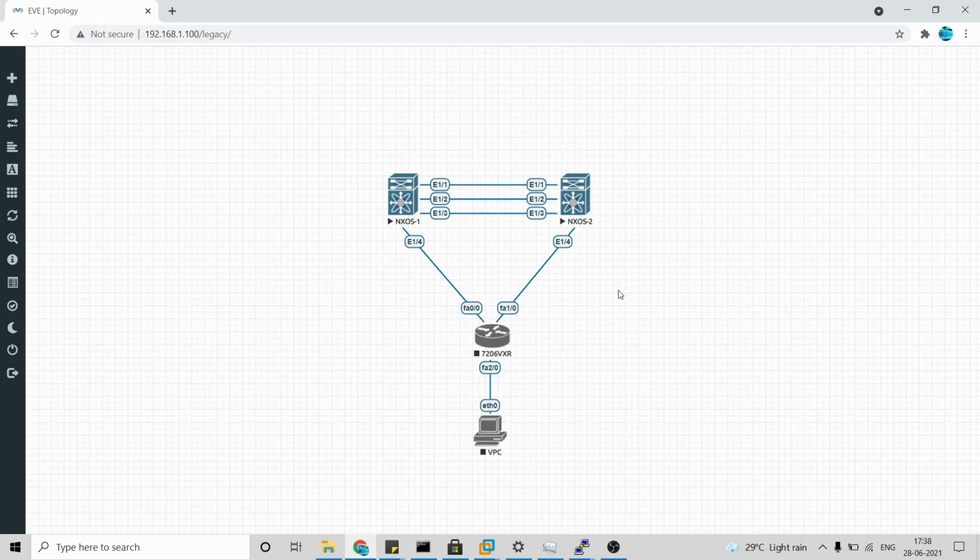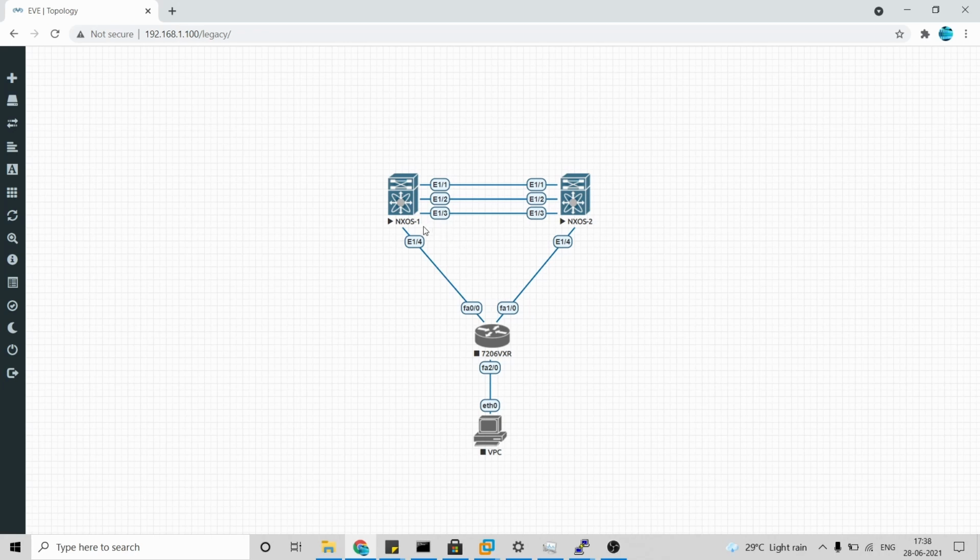So today we are going to talk about the Nexus VPC. I would say that that is the first priority or the first advantage of buying a Nexus. We are just going to do the Nexus VPC configuration between two Nexus and also the downstream, and we are just going to see how the traffic flow works.